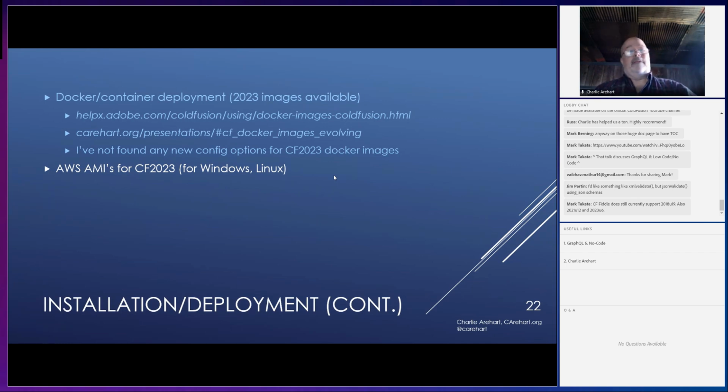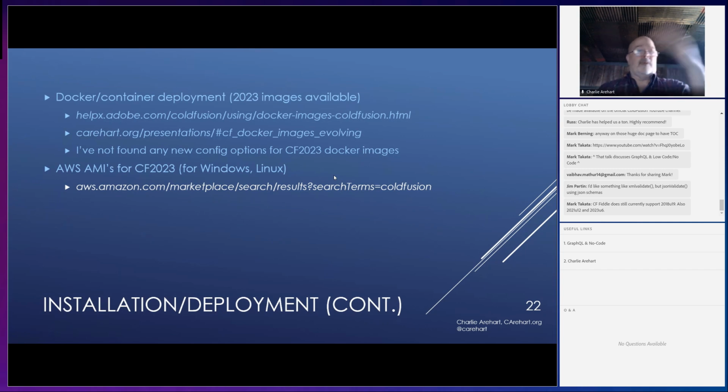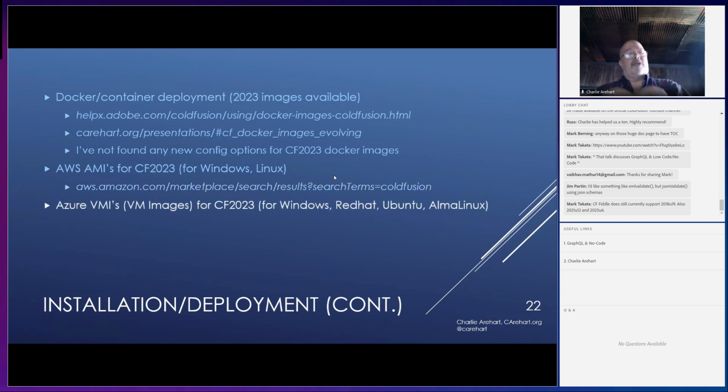You don't have to install it. You can do Docker. You can do the AMI from AWS. There's an AMI, and that's an Amazon Machine Image, for 2023 for both Windows and Linux. And there's how you can find those. You just go to the marketplace and search for the word ColdFusion, and you will find them for 2023 and 2021. And then Azure's VMIs, or virtual machine images, that's also supported on both Windows and Red Hat and Ubuntu